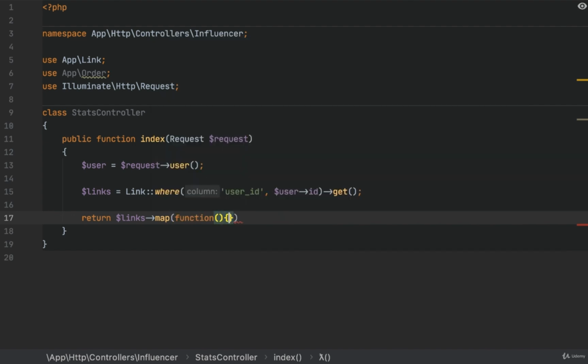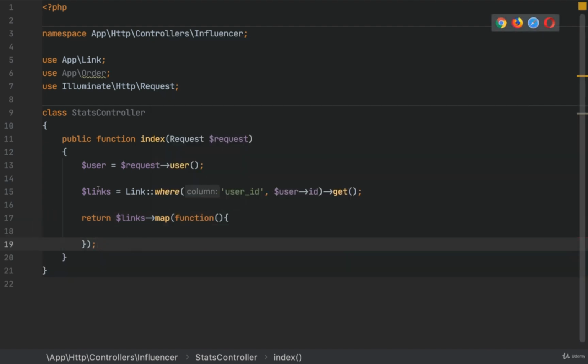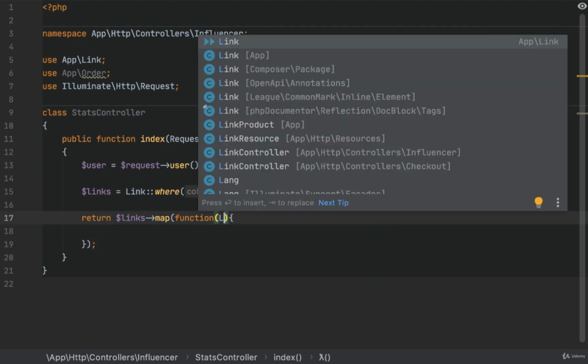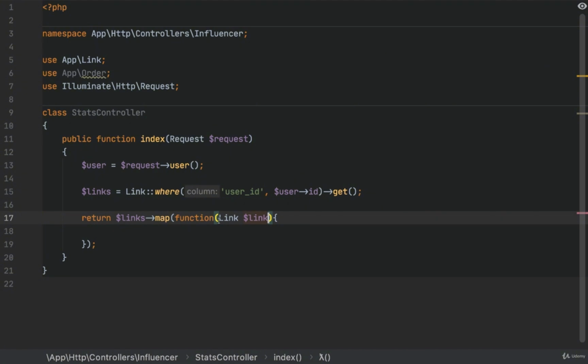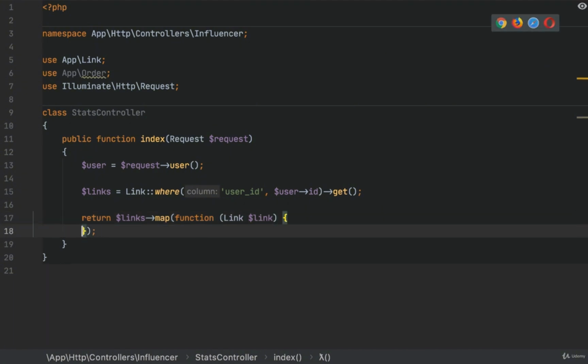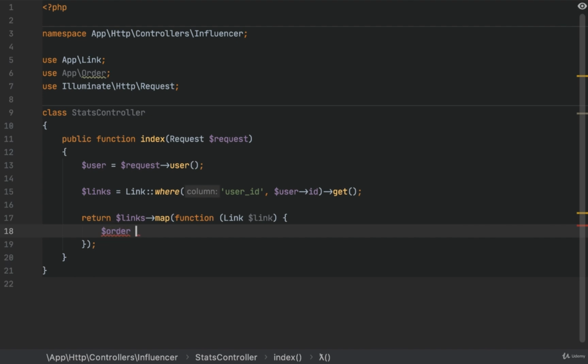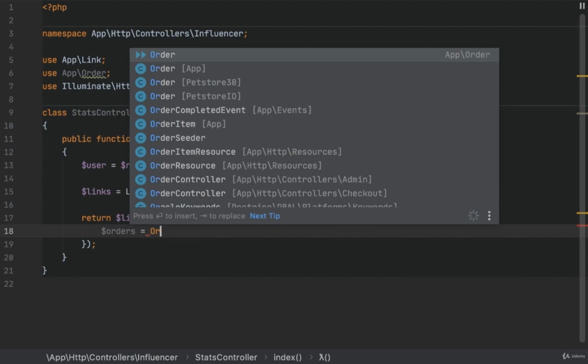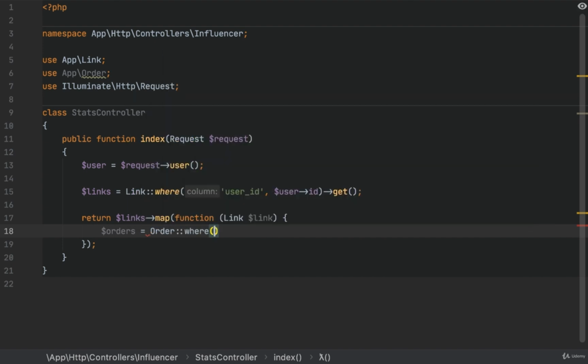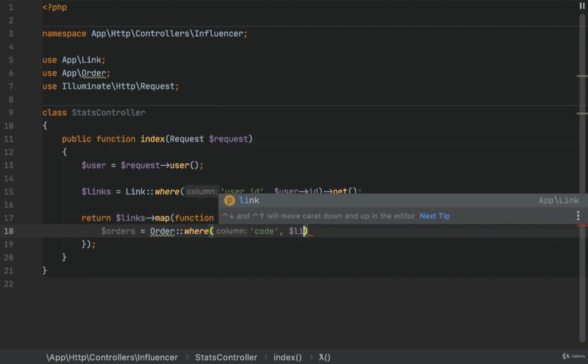The map function modifies the array, so this returns the links in a certain order. Now we have to manipulate it as we want. So for each link now we have to get the orders for this link. So orders equals to Order where code is equal to link